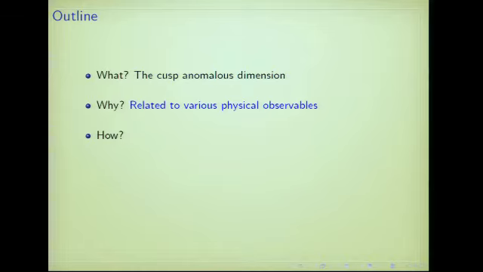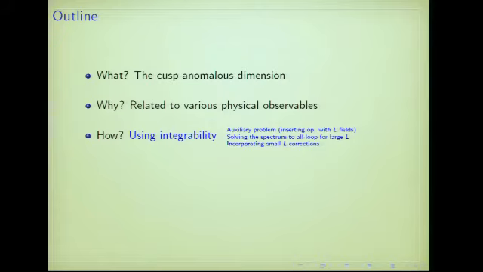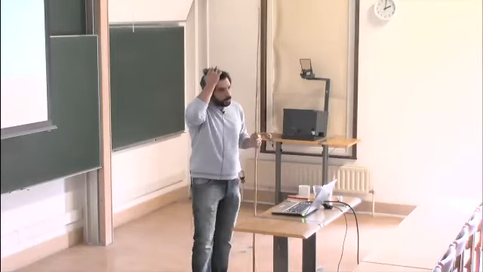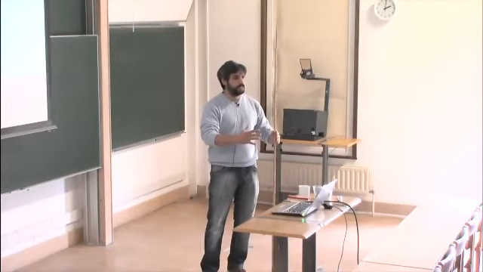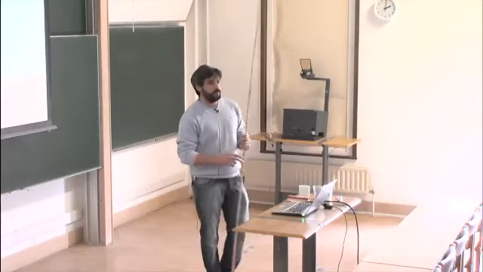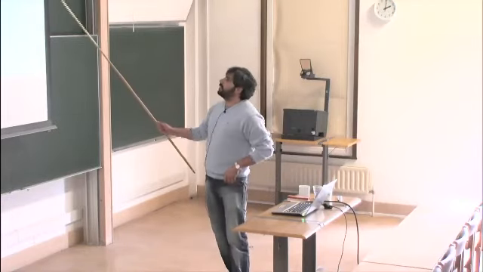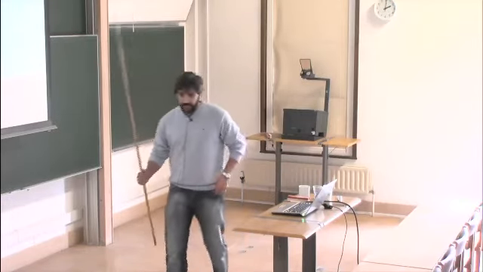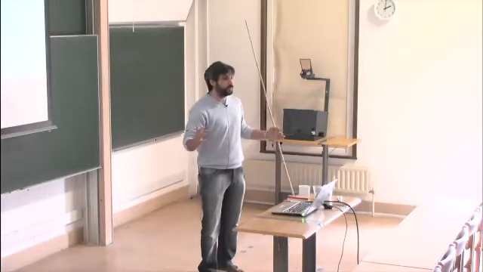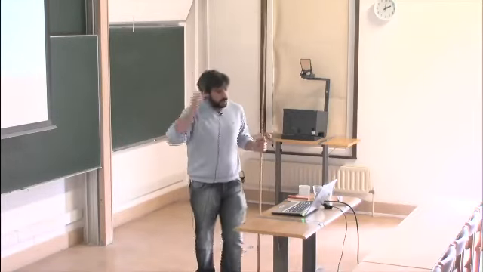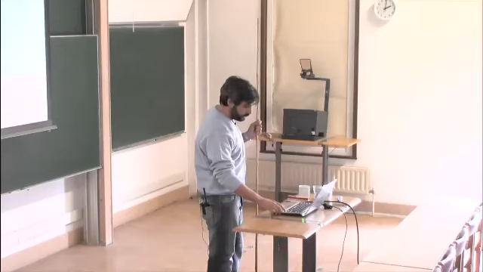I'll mention a few motivations. This is an interesting quantity in any gauge theory because it is related to diverse physical observables. And the way I'm going to be computing this exactly is using integrability. It's a very indirect method in which we deform the Wilson loop by inserting an operator. Once we have an exact description, where L means the size of this deformation, we are going to send L to 0 to recover the original Wilson loop without any insertion.